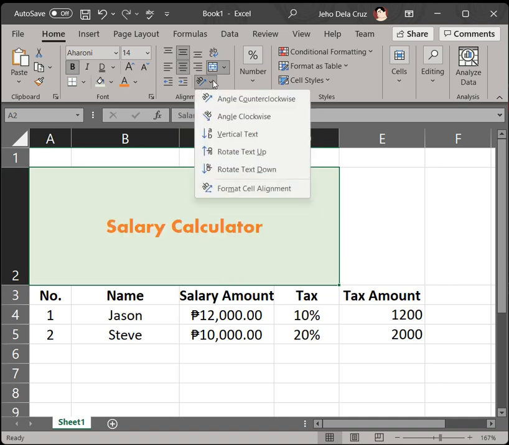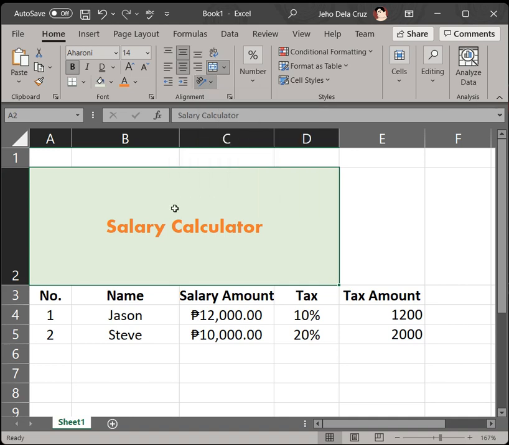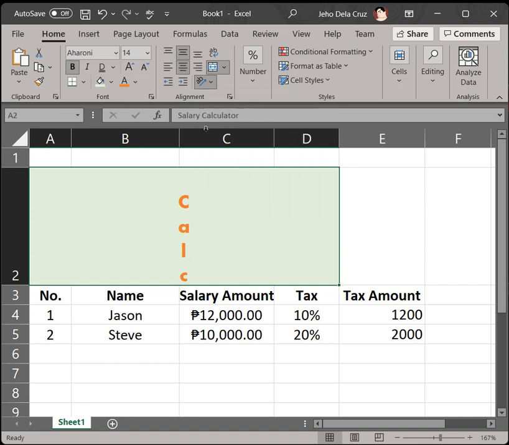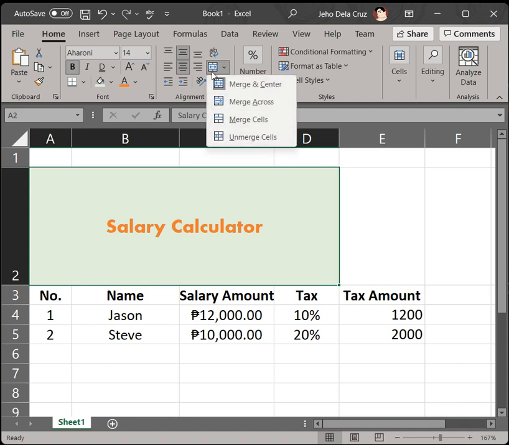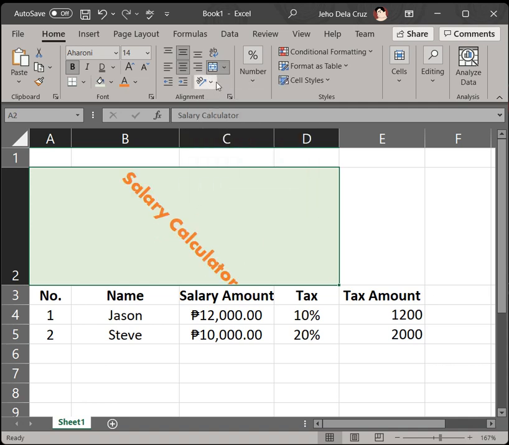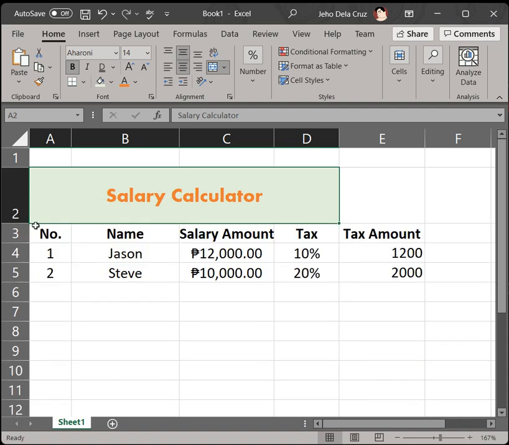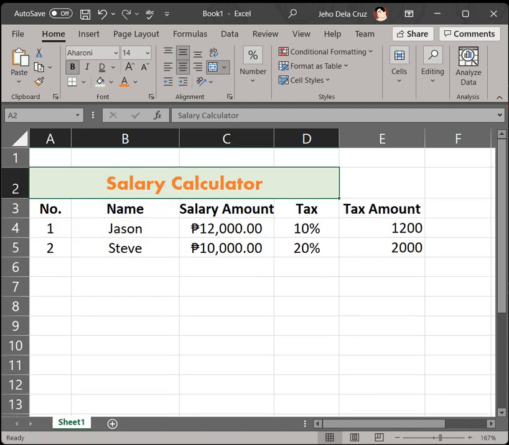Okay, so to disable, balik ta dire. So to disable the rotation orientation, you can just click again. Like na-activate na siya, you can see there wala ilaing na-activate. So you can click that again to turn off, mura siyang button. Yeah, or switch. Okay, para ma-off. Kasi mangita mo diri og kuan, sir, wala may none or no. So you just can click this again to turn off the rotation. Okay, so